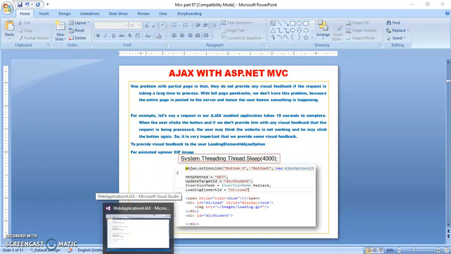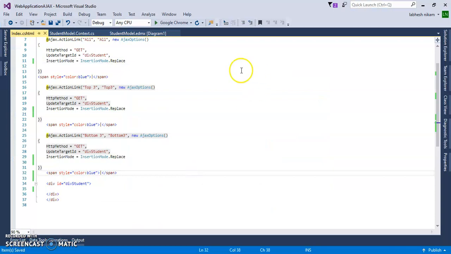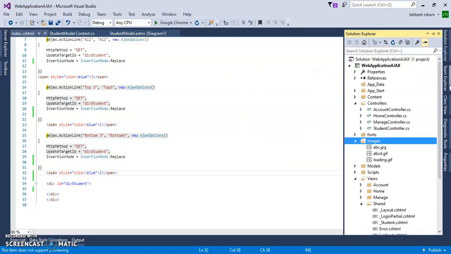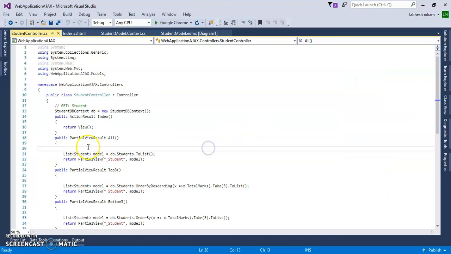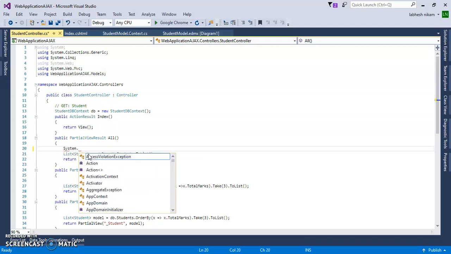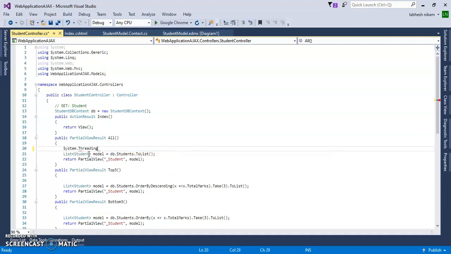So let's flip to Visual Studio and give it the time for processing. Let's go to the student controller and provide the time using System.Threading.Thread.Sleep for 4000 milliseconds.